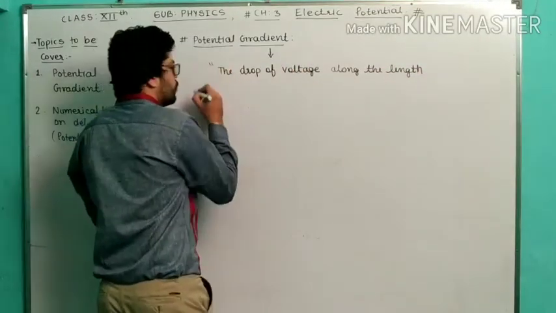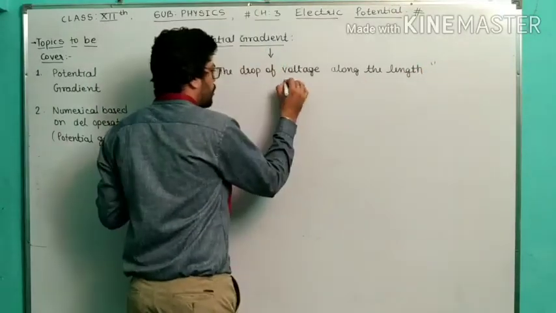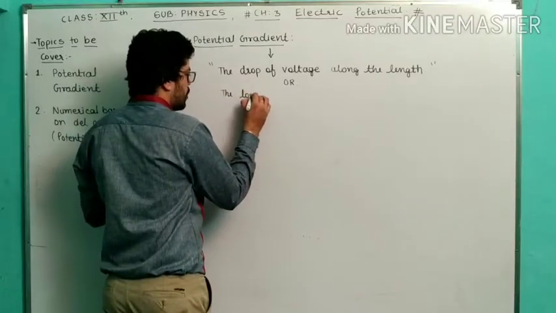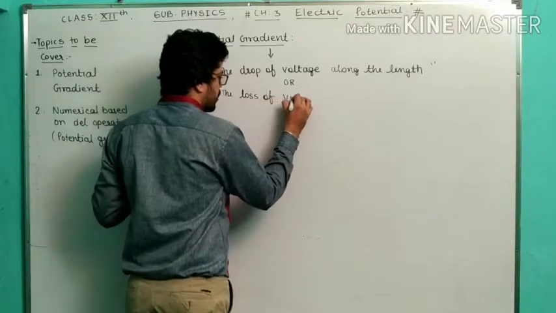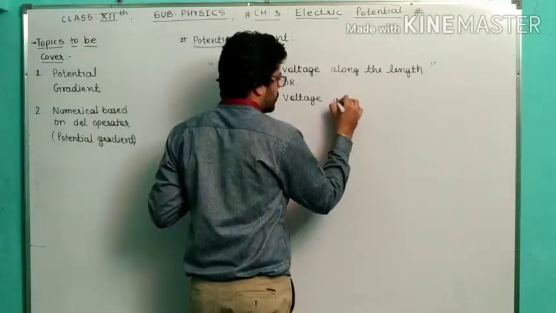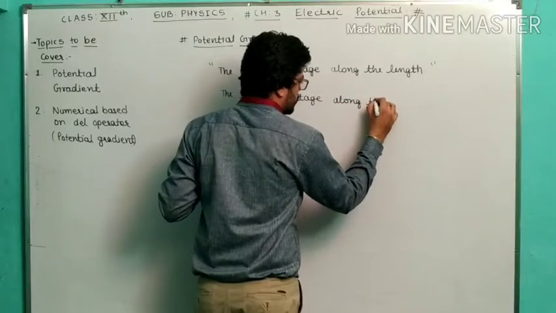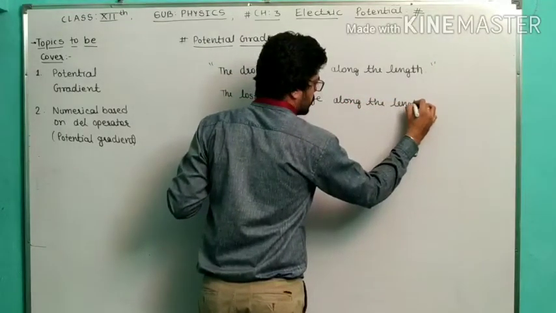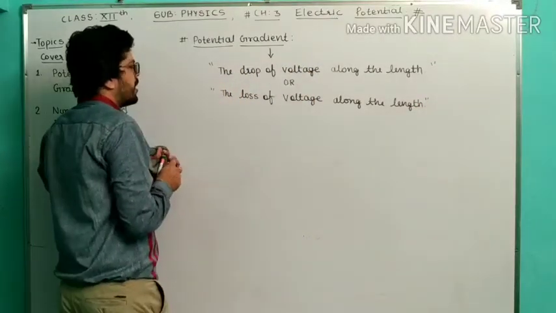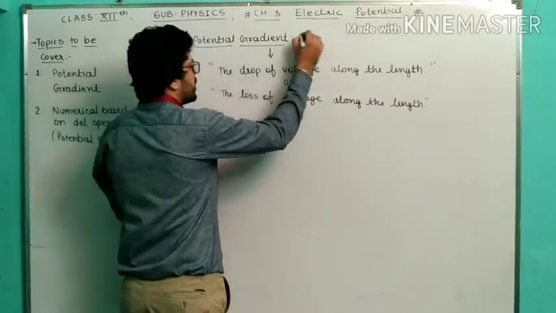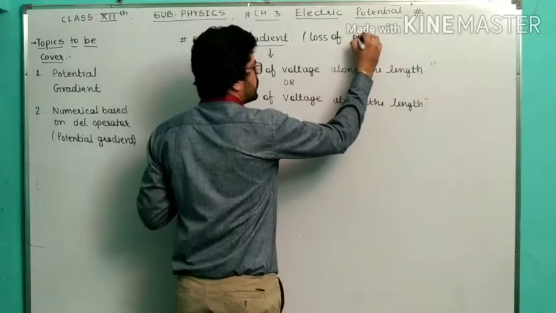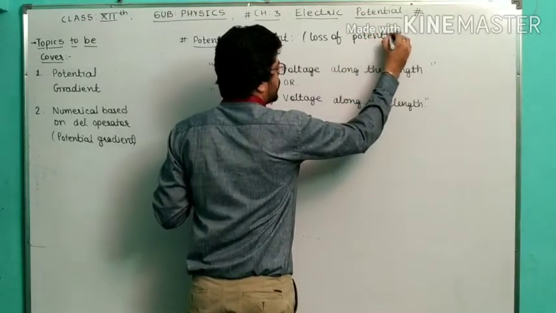The drop of voltage along the length, or you can say the easy definition also, the loss of voltage along the length. Okay. So in short, if you want to understand what you mean by potential gradient, it is the loss of potential,